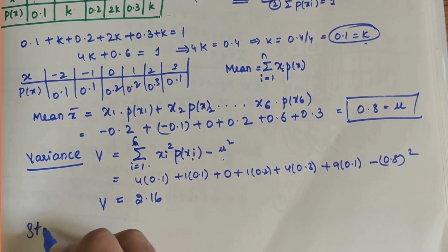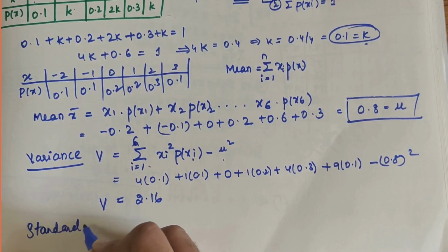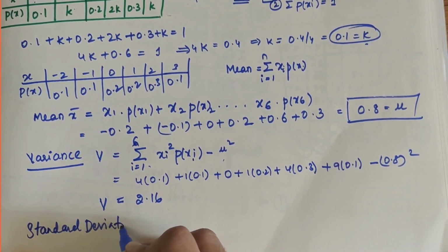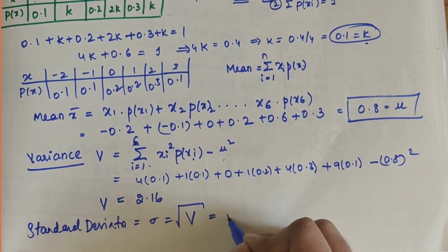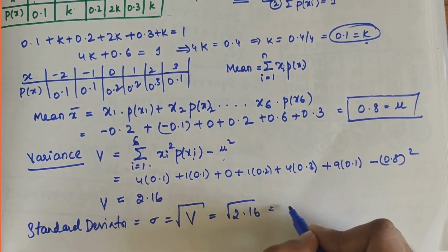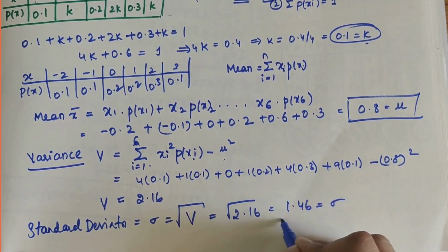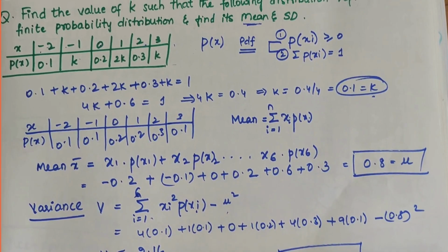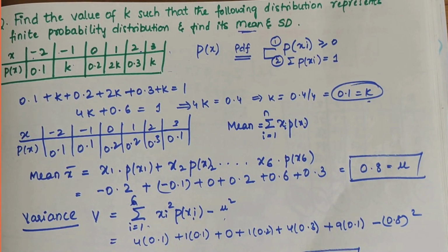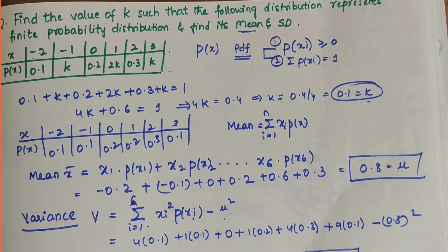We know that the standard deviation is the square root of the variance, that is the square root of 2.16, which gives 1.46 as the standard deviation value. I hope you have understood how to solve a discrete probability distribution related question,